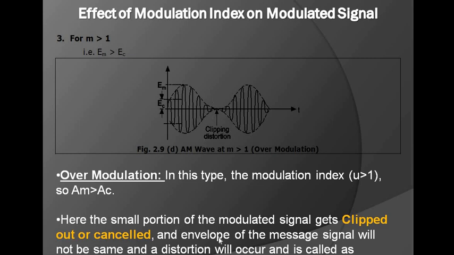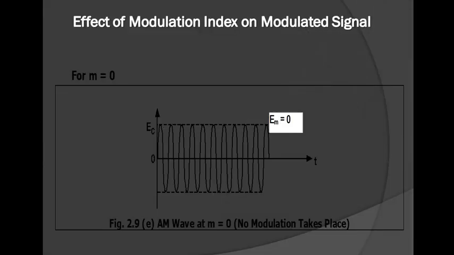It is clipped out here, as I have written. This kind of distortion is called envelope distortion, and so it is very advisable to avoid over modulation. I hope it is very clear to you what amplitude modulation is in terms of time domain and frequency domain. Modulation index is nothing but the depth of the modulation, how much modulation you have done. We have seen under modulation, over modulation and critical modulation, that is, how much modulation you are doing to your carrier signal. I hope you are very clear with the topic modulation index.